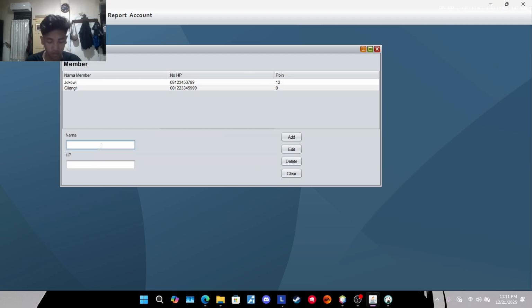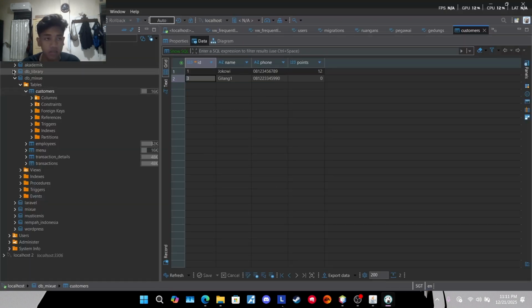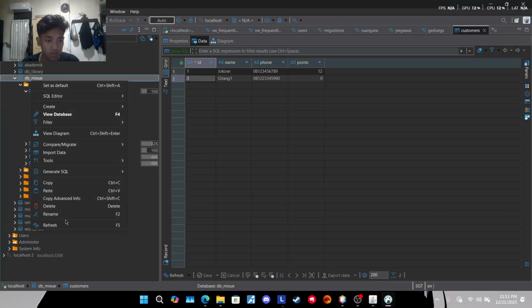And if you have some typo like this, you can just clear. So maybe I want to add nama 1, phone number is that, and there will be adding in the database. Just refresh this.